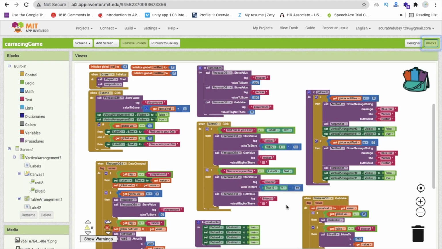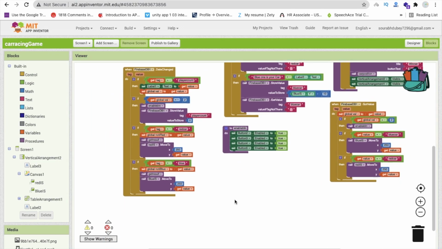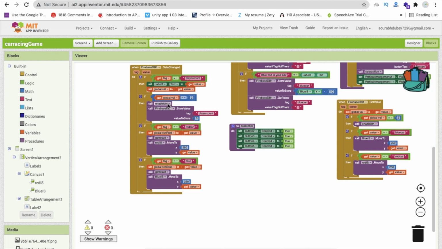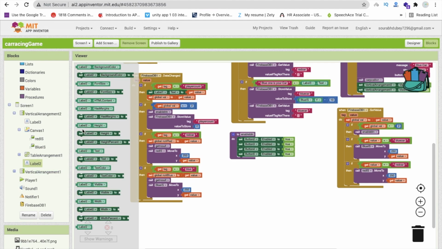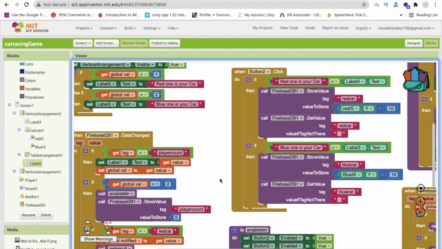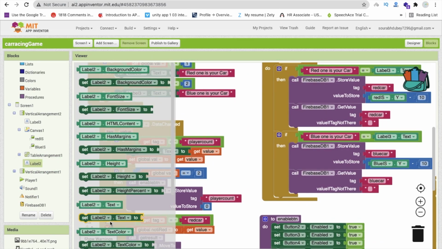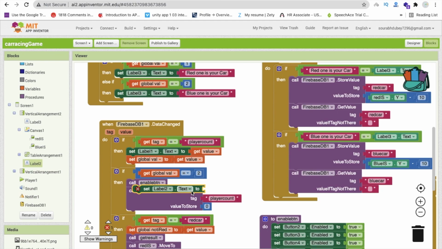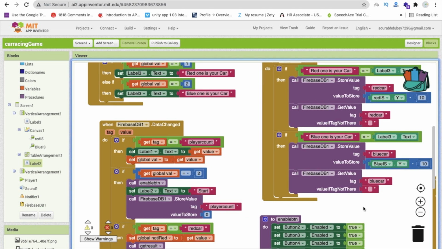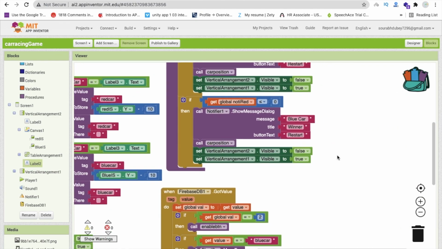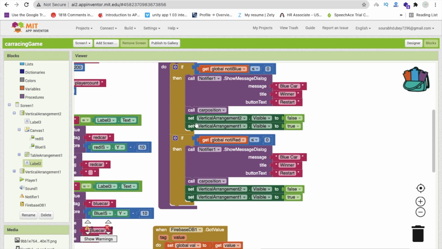Go to the blocks, and whenever our button is enabled, you can see the enable button procedure that we have called. In that position we will set that label's text. Whenever our button is enabled, it means our game is started, so we will use it here like start, like this. Now one more thing, whenever I check that text, you can see the message says blue car is the winner. Not this blue, but here is also blue, so I'm going to make it red. It's fine. So that's the overall code.